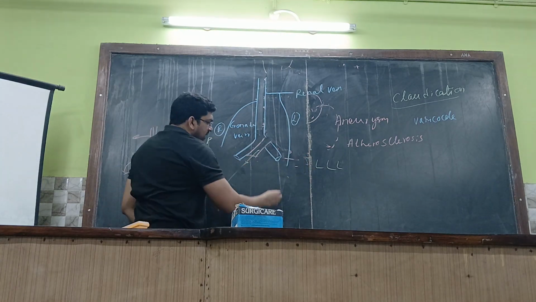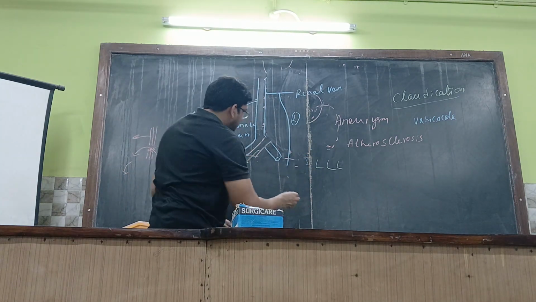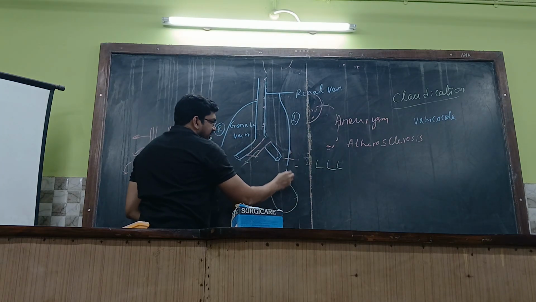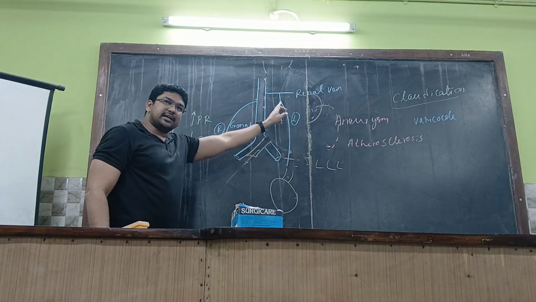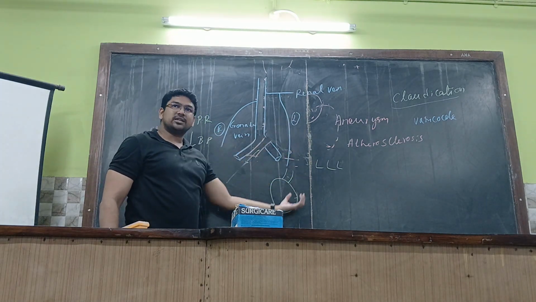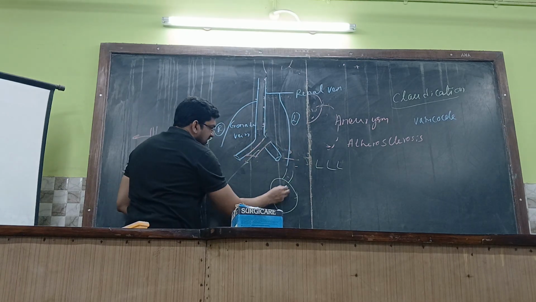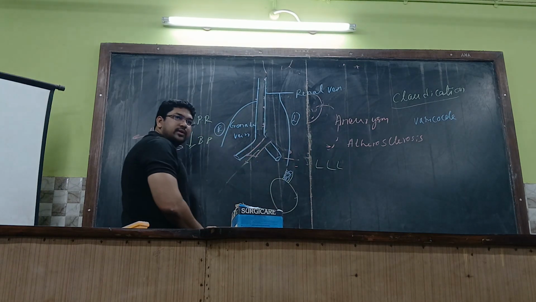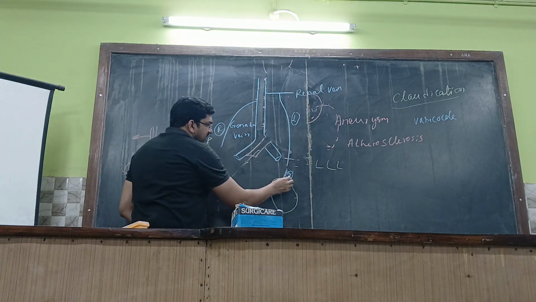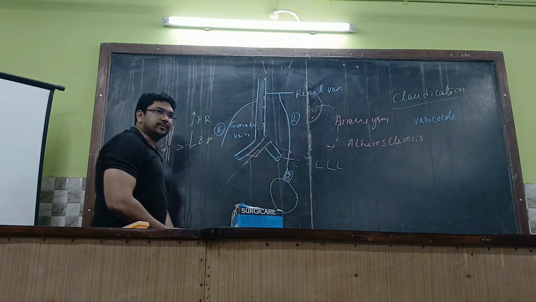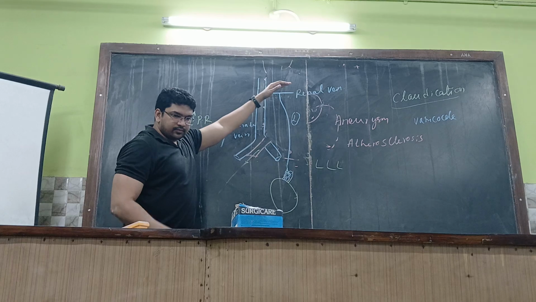So what will happen? In case of the testis, for example, there is a testis over here. The testis will be having a spermatic cord. The spermatic cord will be carrying a plexus of veins which ultimately form this gonadal vein. So the testis will be draining into the plexus of veins within the spermatic cord, that is eventually forming the gonadal vein over here. Okay. So when